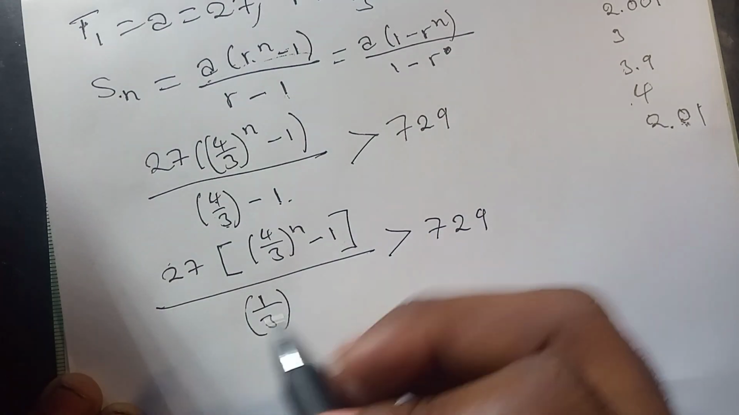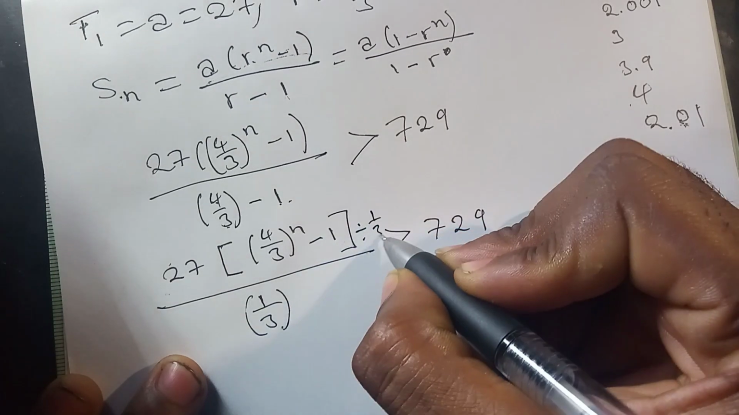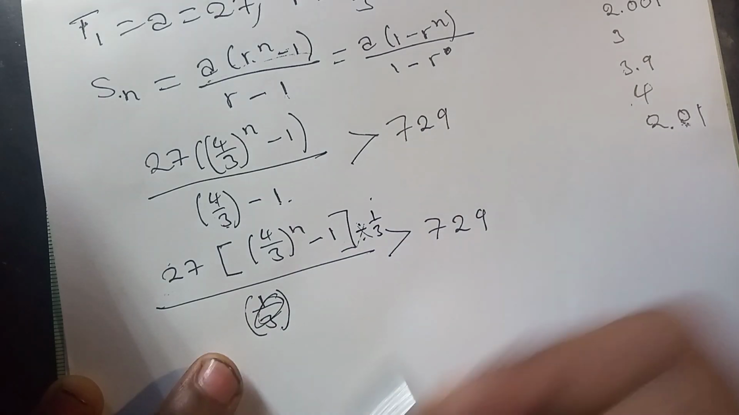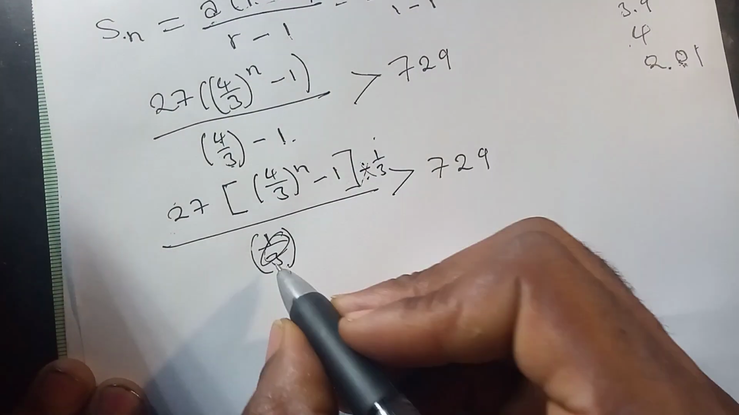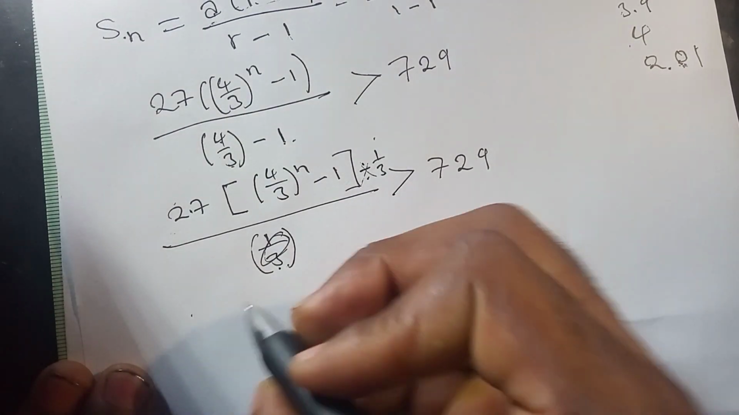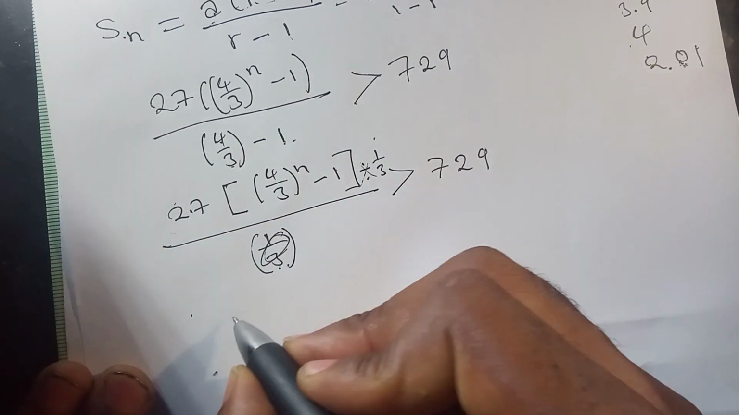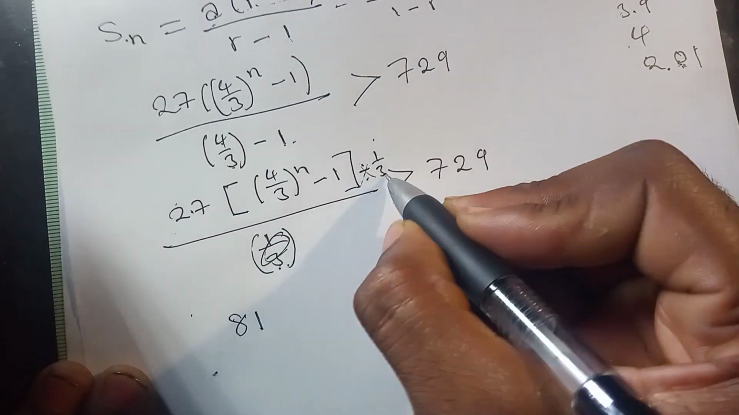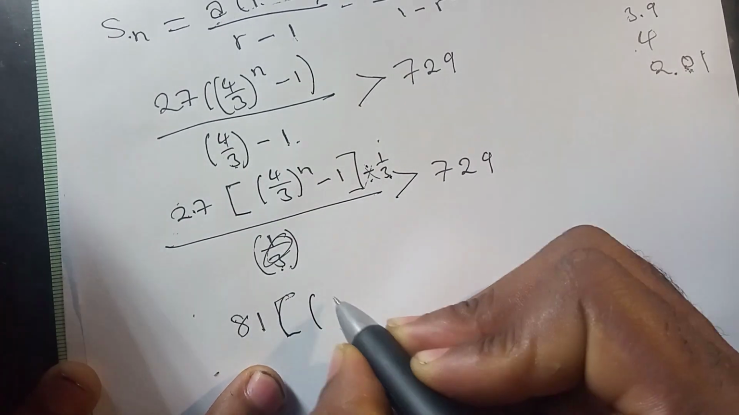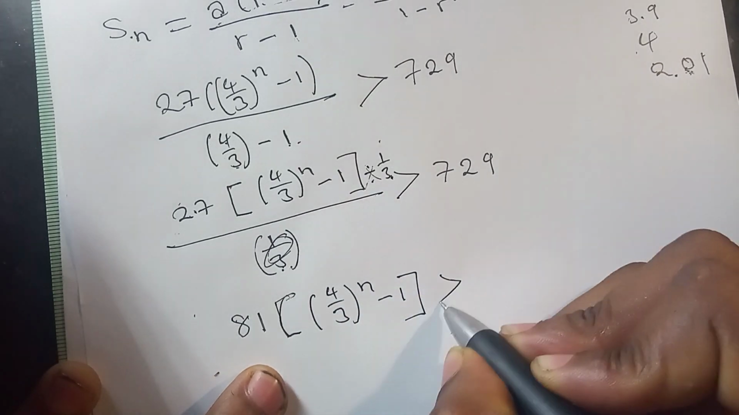And then this is like saying this divided by that. So it's like dividing this by that, and then it's like multiplying by the reciprocal of this. So don't just say this times that. I know that's the case, but you must always watch out. So this times that will be 81. Like this times that is 81. And then you have 4/3 raised to the power n minus 1 is greater than